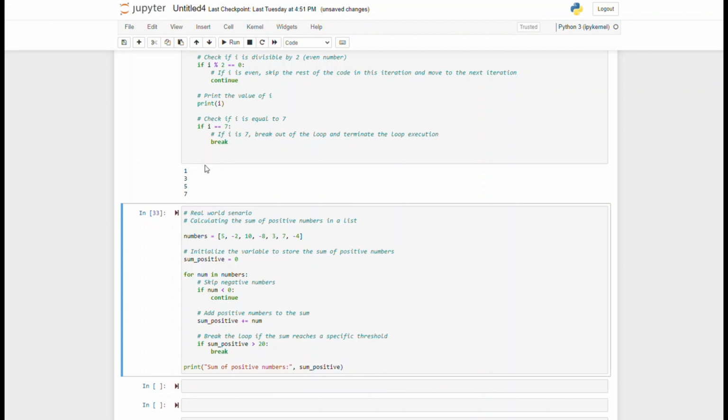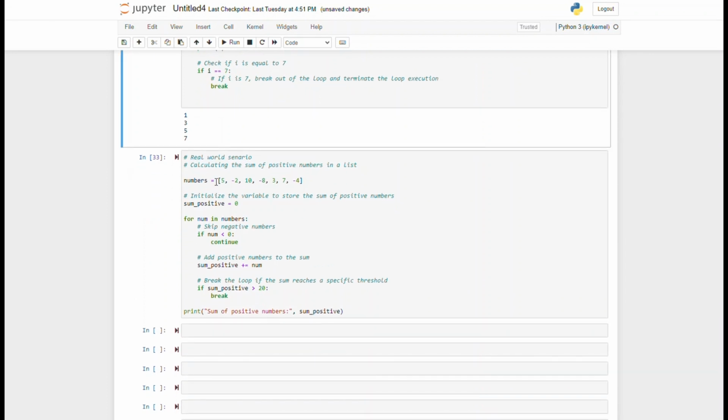In this scenario, we have a list of numbers: 5, -2, 10, -8, 3, 7, -4. Our goal is to calculate the sum of only the positive numbers in the list. We use a for loop to iterate through each number in the list. Inside the loop, we have conditional statements. The if statement checks if the current number, num, is less than 0, which indicates a negative number. If it is, the continue statement is executed, skipping the rest of the code in that iteration and moving to